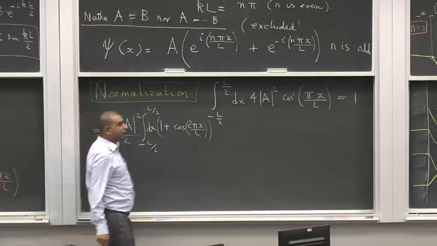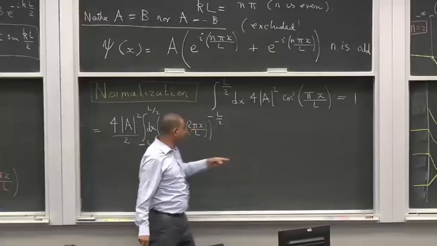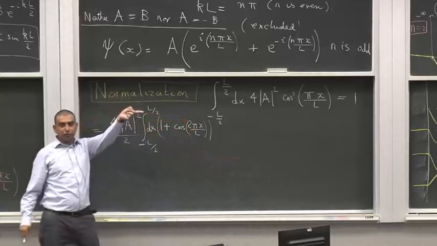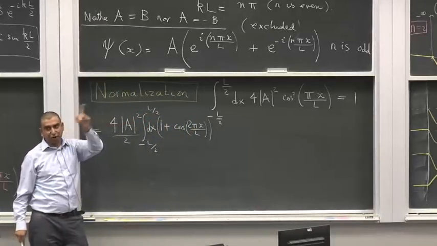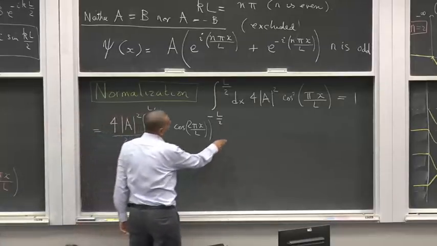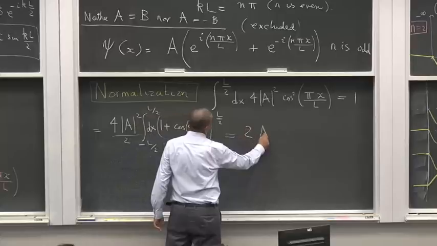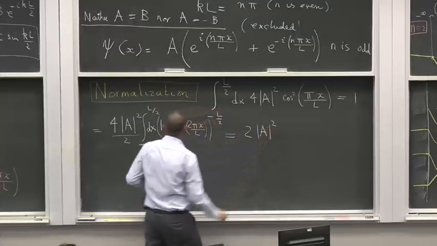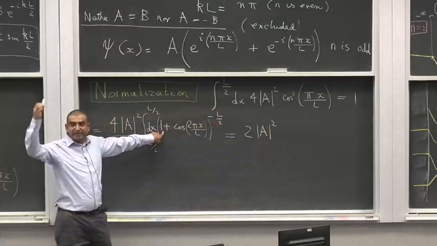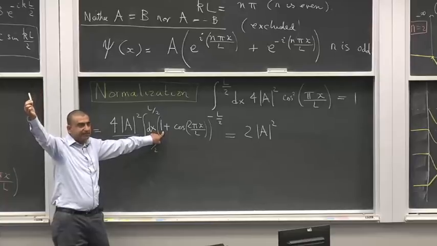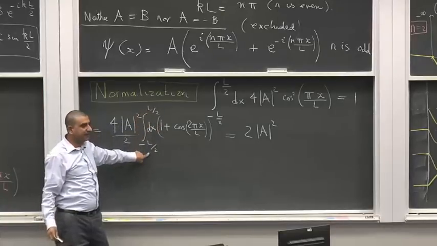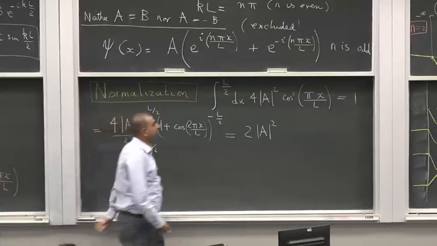So instead of cosine squared pi x over L, I've written 1 plus cosine 2 pi x over L. Trigonometry. No calculus. So this is 2 A modulus squared, the integral of 1 is, what's the integral of 1? x, with limits L by 2 to minus L by 2, gives me L,